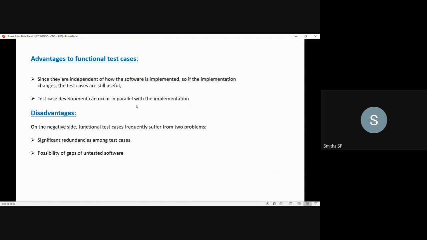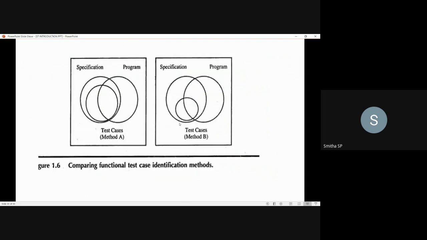For this you can consider the figure shown here, which compares the functional test case identification methods. There are two methods, method A and method B. In method A, by looking into the specification, you have written the test cases. That is functional testing.